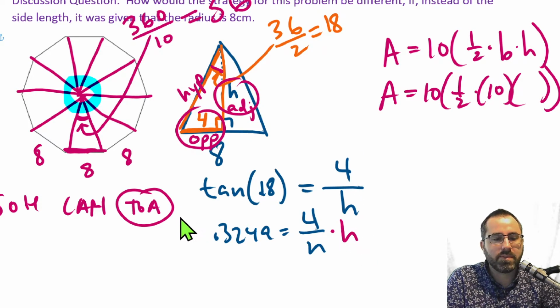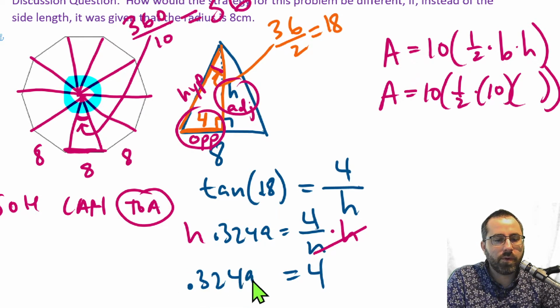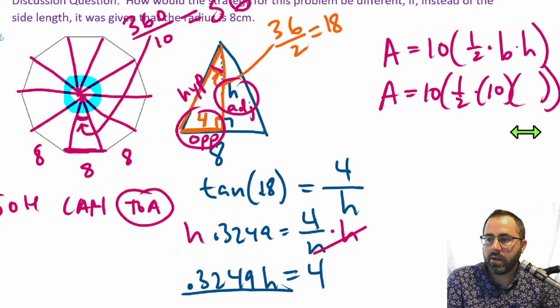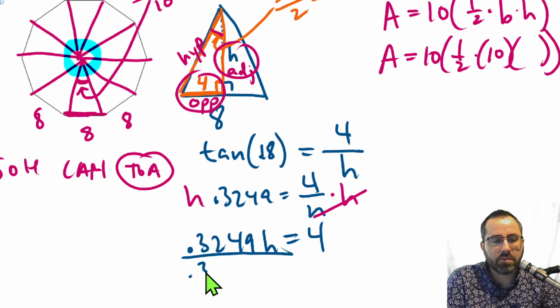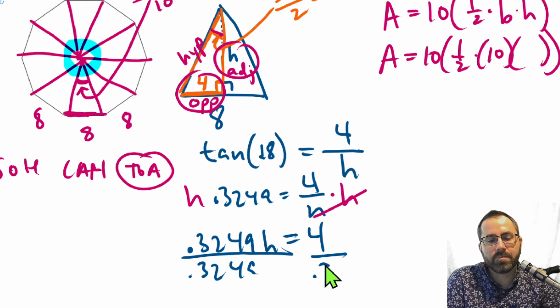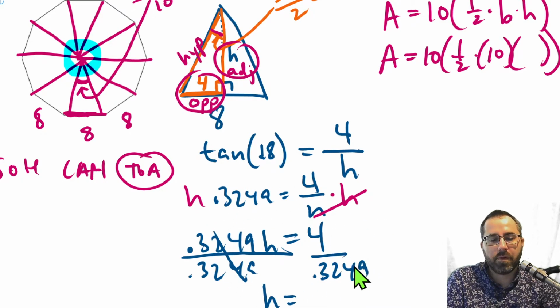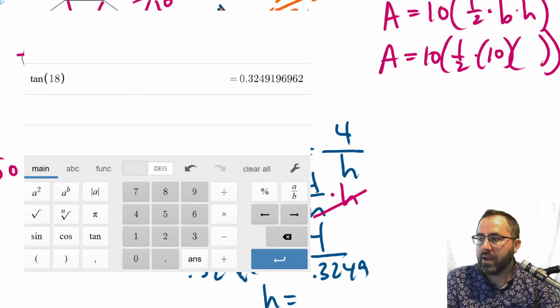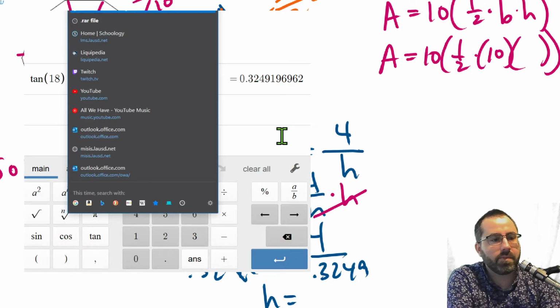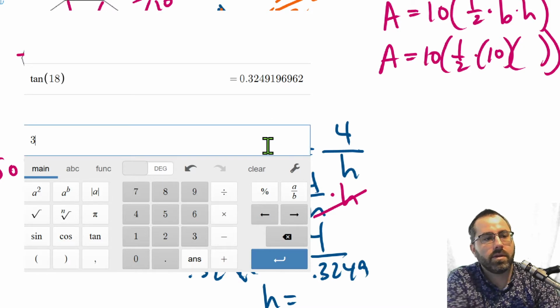So I'm going to times both sides by h to eliminate that. And I'm going to get that 0.3249h equals 4. Then we're going to divide by this decimal 0.3249 on both sides. I should have done the division in red, like how I multiplied both sides in red. Oh well. H equals 4 divided by 0.3249, which, coming back to our calculator, is